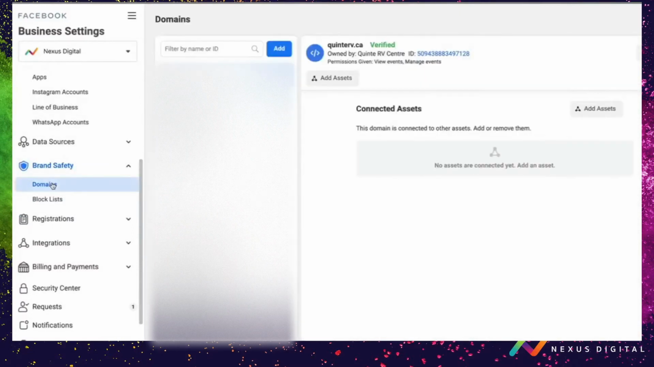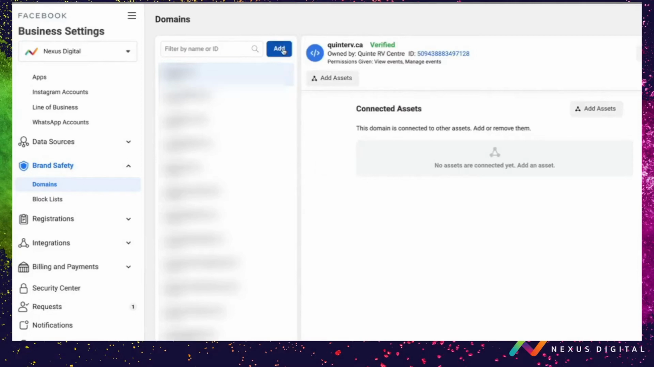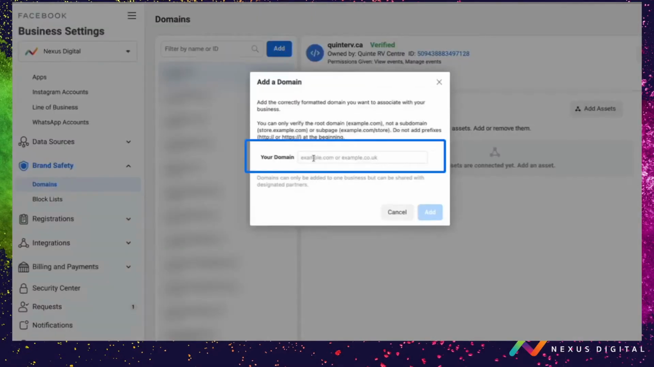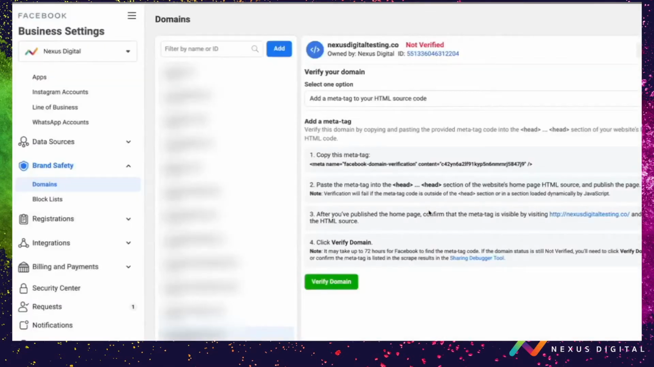Now your page is going to look a little bit different, but I'm going to put a screenshot up for you. Yours will more than likely say that your Facebook Business Manager account doesn't have any domains, and there's just going to be a blue button that says Add, similar to this one. You're just going to click on that button, and you're going to type in the name of your website. Put nexusdigitaltesting.co in here,